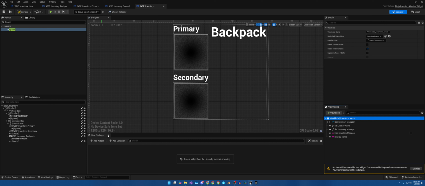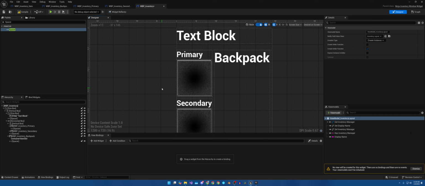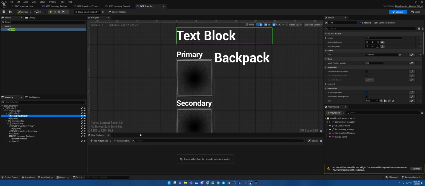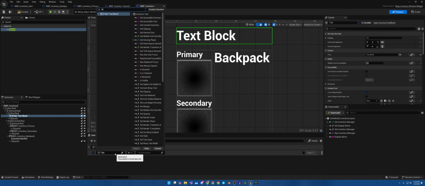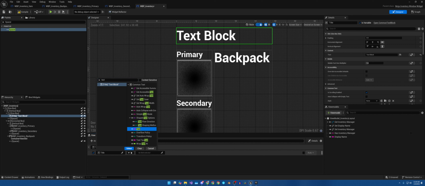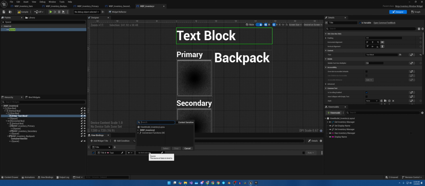And from here, we will, on the title, add widget at title, text, and then select the view model and get display name. And then